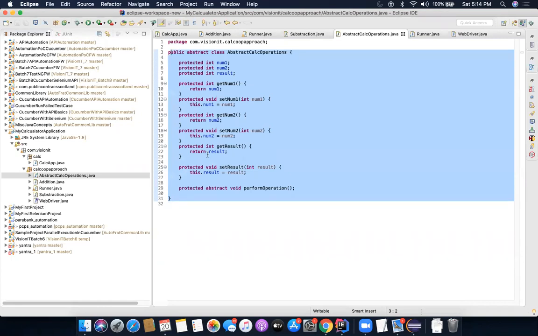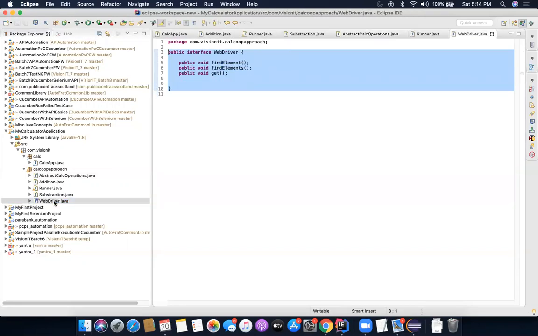Another way, and which is of course the right way to do, is to first create the template of an abstract class and realize why you need it and what things you're going to need in that specific template, and then later the subclasses. I was giving an example of Selenium. That is how Selenium was being built. First they created the WebDriver interface and then they created the subclasses implementing that interface. Right? That is the right and good approach to do it.